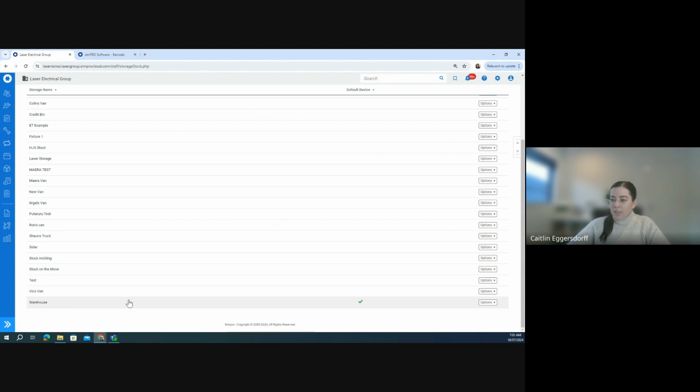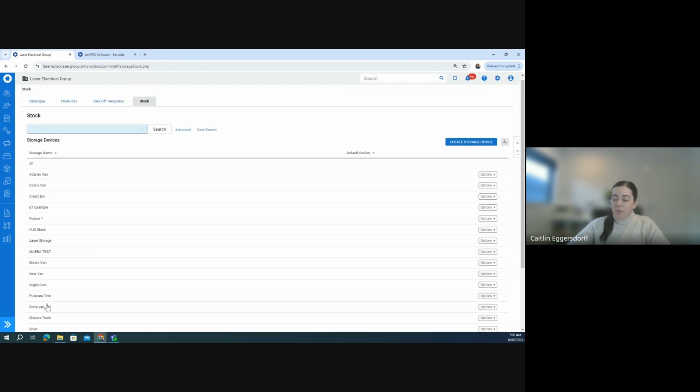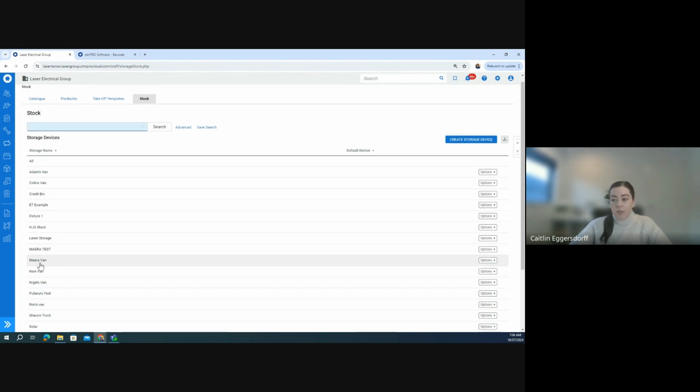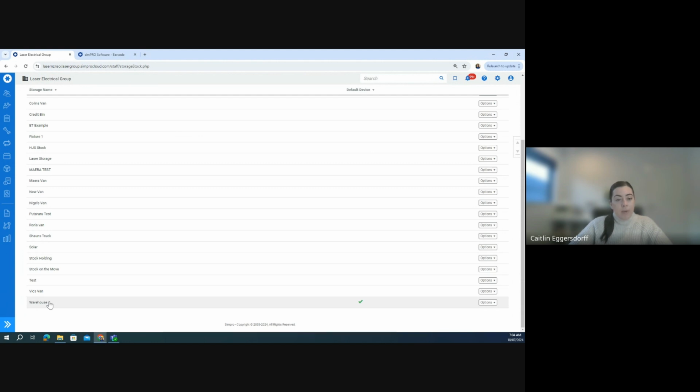If we come back into LaserPro, if I scroll back up, storage device setup is important. Whether you want to get to that level of having all of your vehicles set up is completely up to you. Some members choose to go to that level and some don't. Some might just have a warehouse and they just manage the warehouse really well. It's up to you whether you want to go to that next level, because it is quite a commitment to